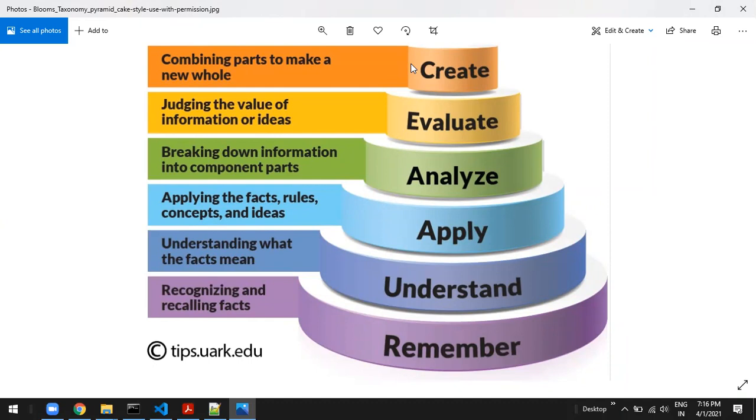Understanding of the cow. What do you mean by understanding of the cow? Cow can give some milk. Once you understand that, you start applying it. What do you mean by application? Take the milk and prepare tea. Take the milk, prepare curd. Take the milk, prepare coffee. That is your application. Slowly I'll make you understand how to use small applications. Then you evaluate it.